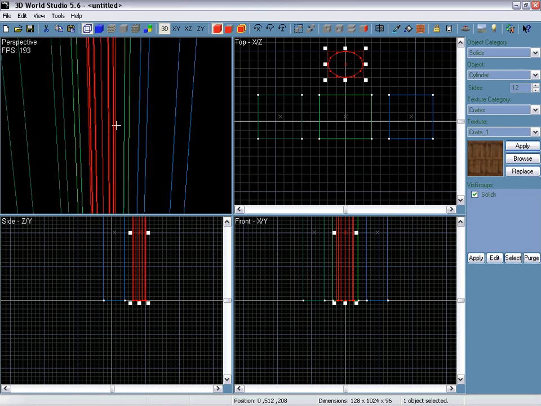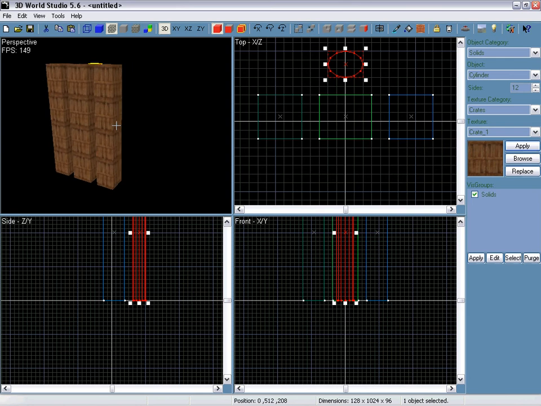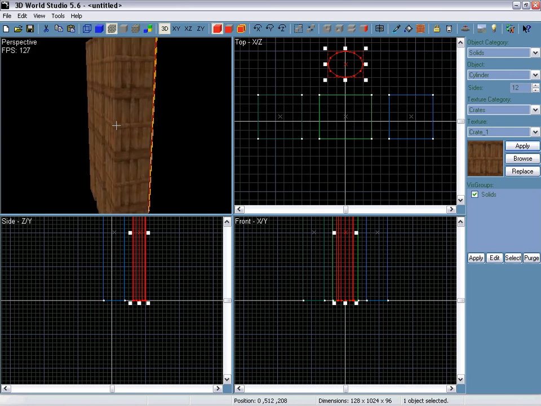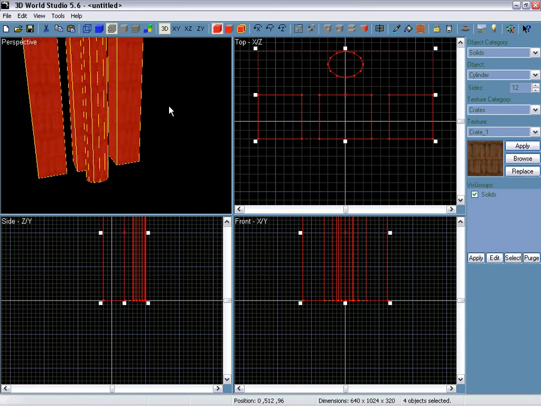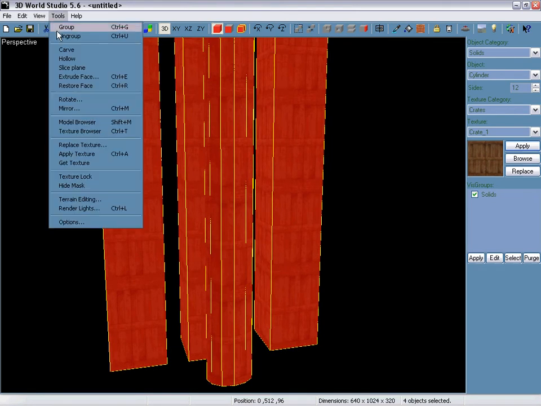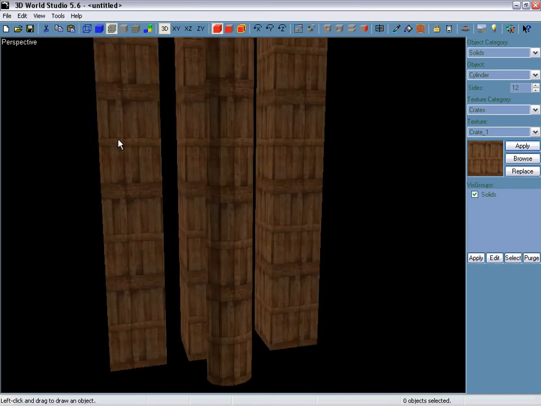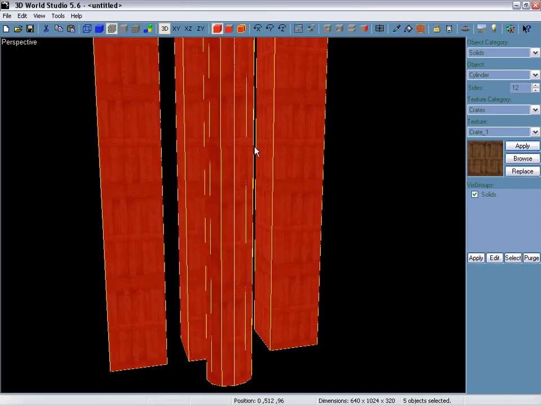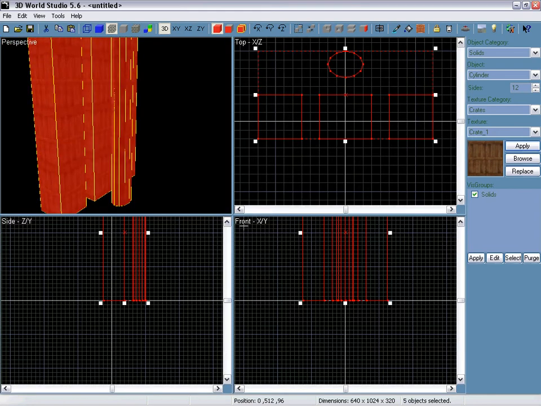Now we can see all of the objects are really tall because 3D World Studio remembers the size of the previously selected object. Now we can select all of the objects. Let's go into the 3D viewport and we can group them. To group the objects we can go to the tools menu and press the group button. Now when I select an individual object, it becomes a selection based upon its group, which I can then move around,